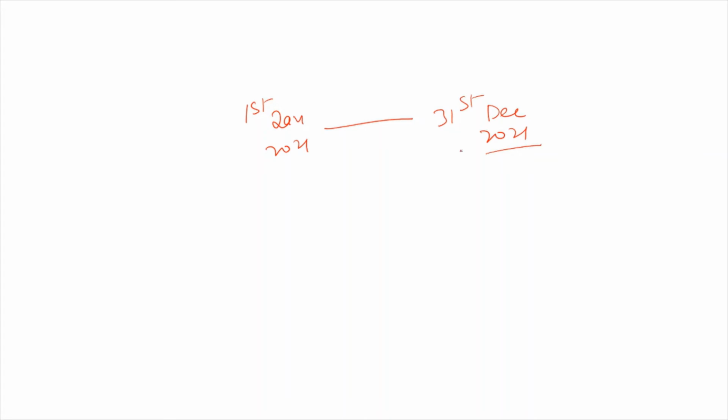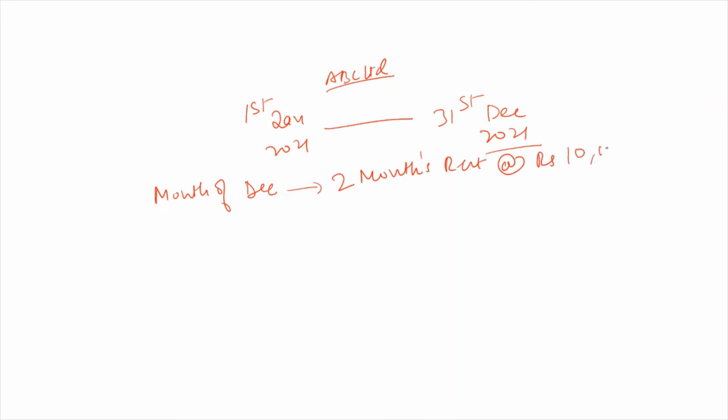The example is that in the month of December, the company, ABC Limited, has paid 2 months' rent. They have paid 2 months' rent at a rate of rupees 10,000 per month. So the company has paid rupees 20,000,